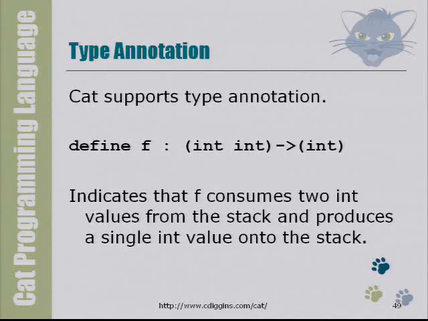All right, this is where things get interesting and where I'm starting to branch a bit from previous work, because languages like Forth and Joy don't have a strong type system, and they don't have type annotations. Forth has an interesting comment structure, a way of saying what you're trying to do, but it's not actually type checking. What I did with CAT is devise a type annotation system and strong type checking. So in this example, what this says about f is that it's a function which consumes 2 integers from the stack and produces a single integer on the stack. So it's, again, a valence of -1.